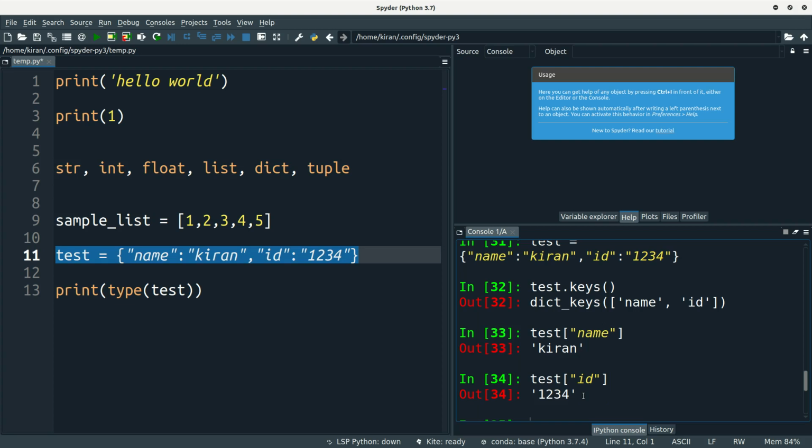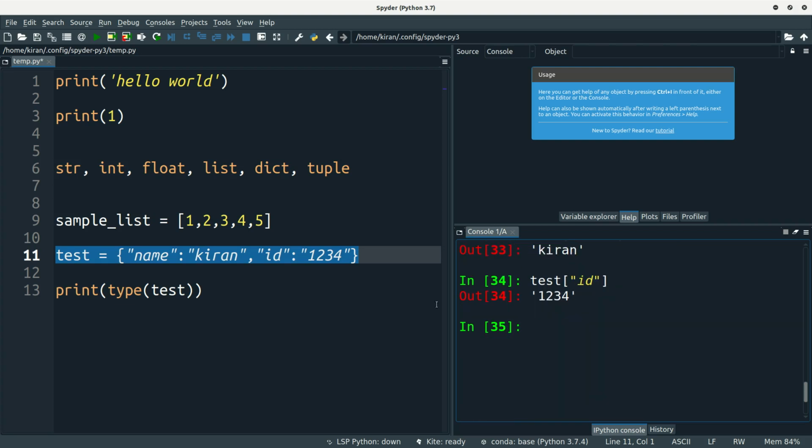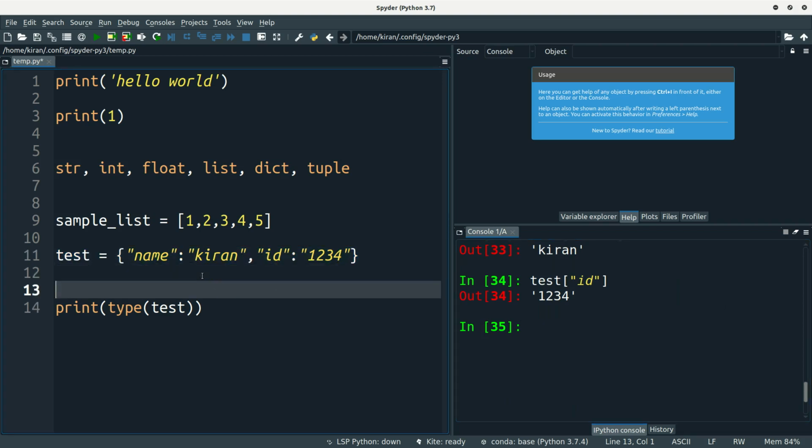You will get to know that in later lectures. So these are all about data types. These are the most important data types in Python. And one more thing, it is tuple. Yeah, tuple is another data type. I will show you tuple and set in the next video.